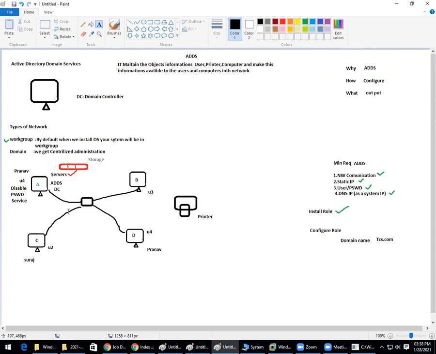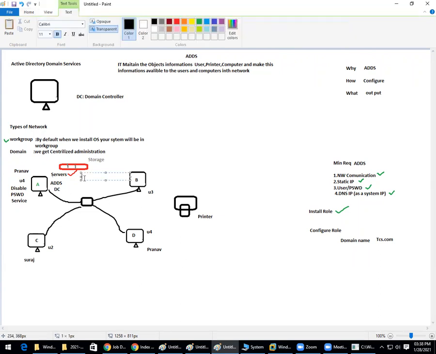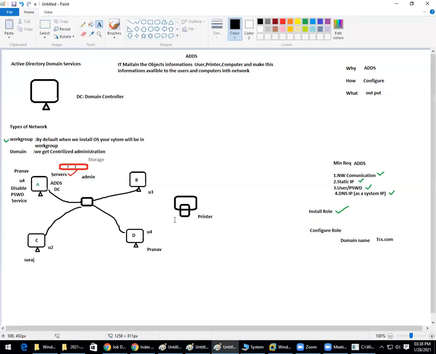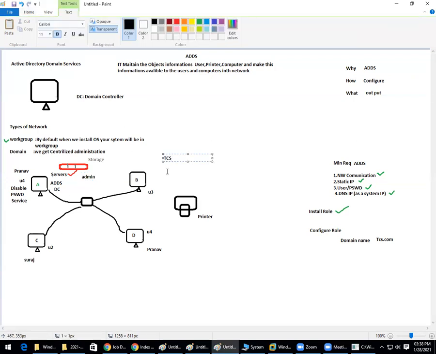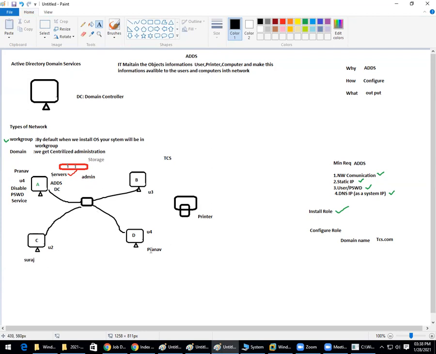Okay, sir. To get this permission, who has to allow? Your admin has to allow. Now who is the administrator? For example, Rohan is the administrator of this organization, which is called TCS. If Rohan permits, then only Pranav or Suraj gets access. If Rohan is not permitting as admin, you cannot get it. Okay, sir. That means if the admin allows, can we both access it simultaneously? Yes, simultaneously you can access. This printer is accessed by thousands of people. The same storage is accessed by thousands of people. Okay, sir.